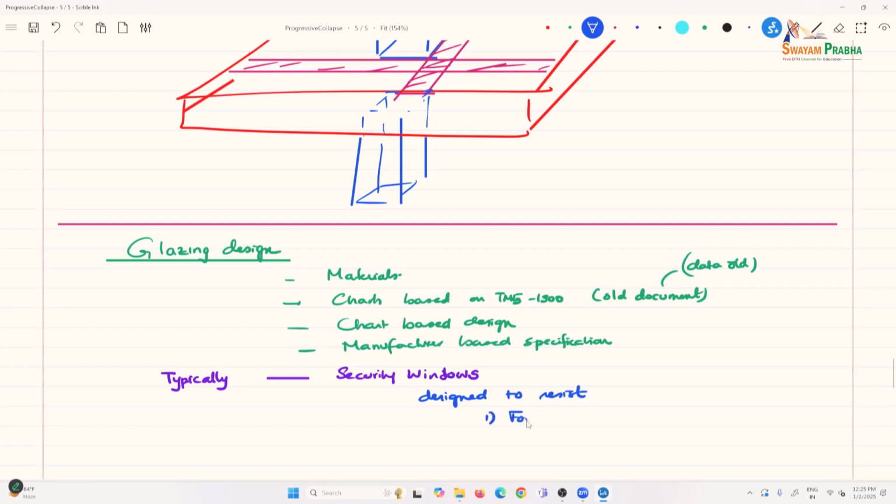You are looking at forced entry. It should be ballistic resistant. So this is bullets or any impact. So let's call this FEN. And so there are three different